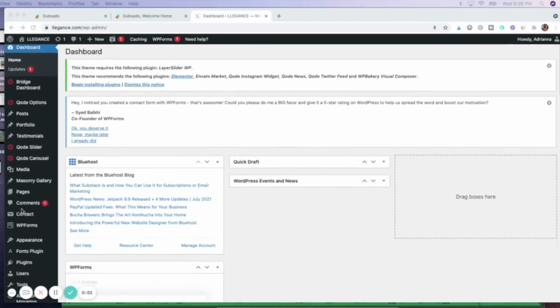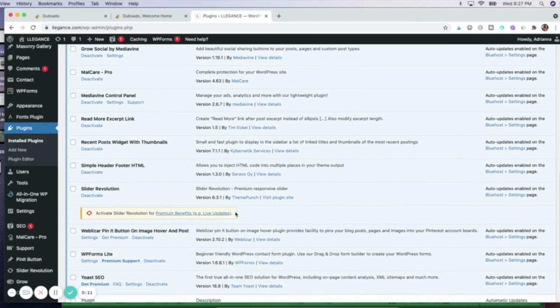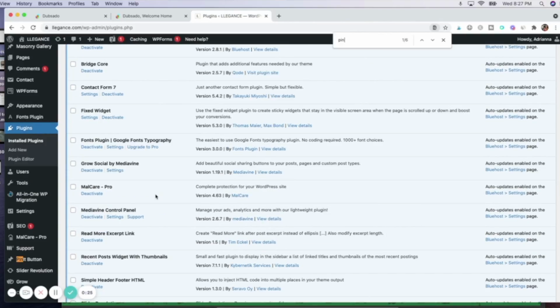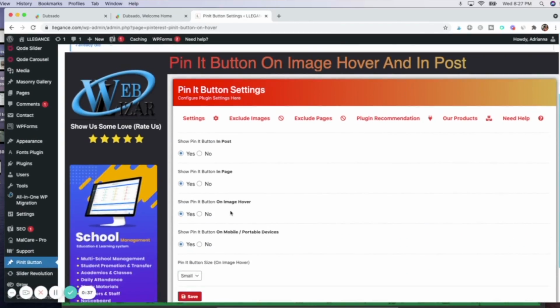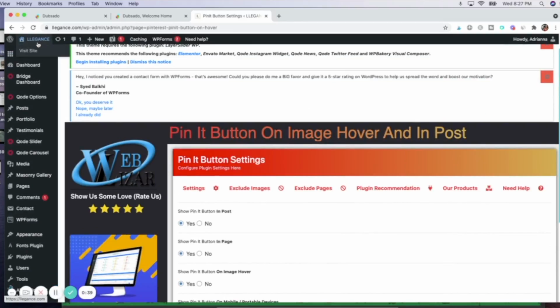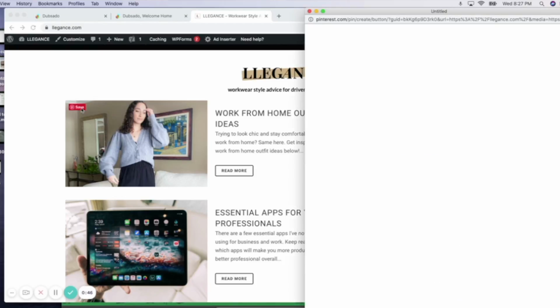The next tool that I really love as well for all websites is the Pin It plugin, again for WordPress users only. The Pin It plugin is a call to action essentially to get people to pin your images on Pinterest. And if they pin your images on Pinterest, then you're always given an extra chance of getting more traffic on Pinterest from their audience on their account. So having the Pin It plugin is super helpful too for your Pinterest strategy and can really help increase your traffic overall, especially if your images are so beautiful that people want to pin your content to come back to later.